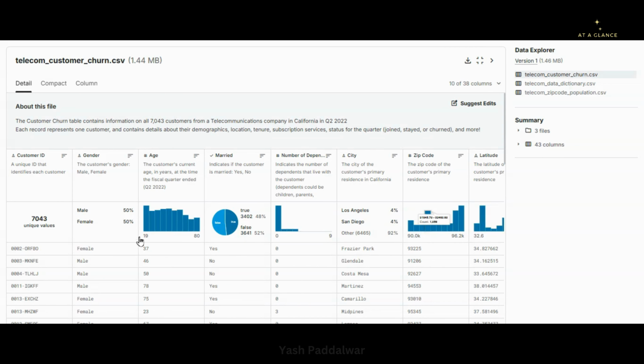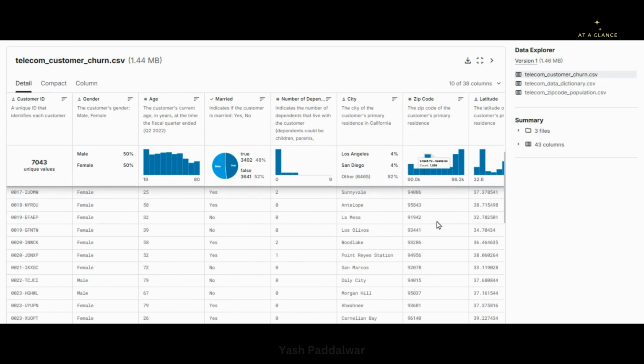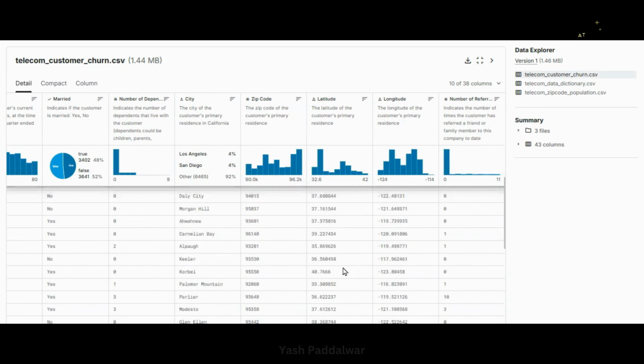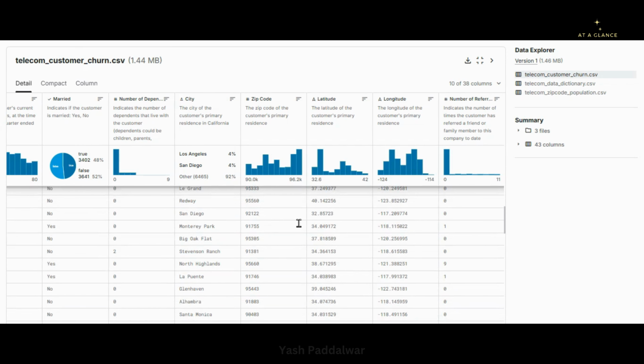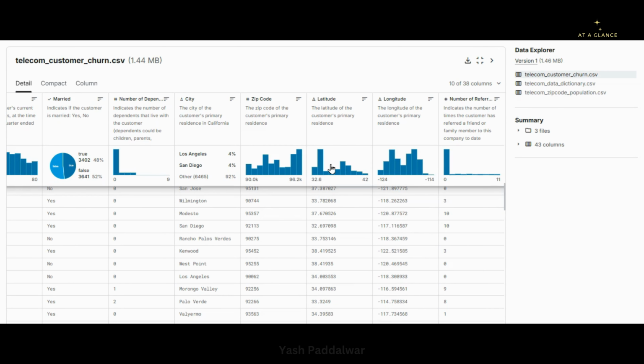So data set I have got it from Kaggle. This is the data set. Around 7,000 to 7,500 rows are there in this particular data set. There are total of 38 columns in this particular data set. You can see a huge amount of pre-processing has to be done to make this particular project working accurately. You can see the data set is diverse. There are multiple different data types of columns, and to be very honest, it's going to be a fun to